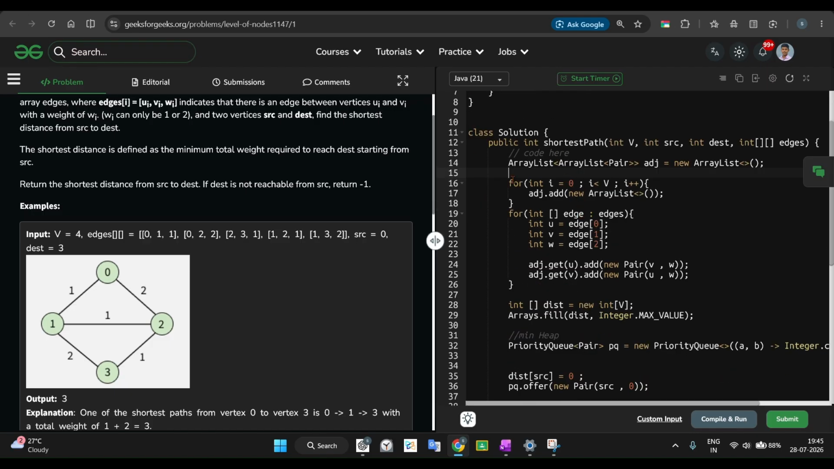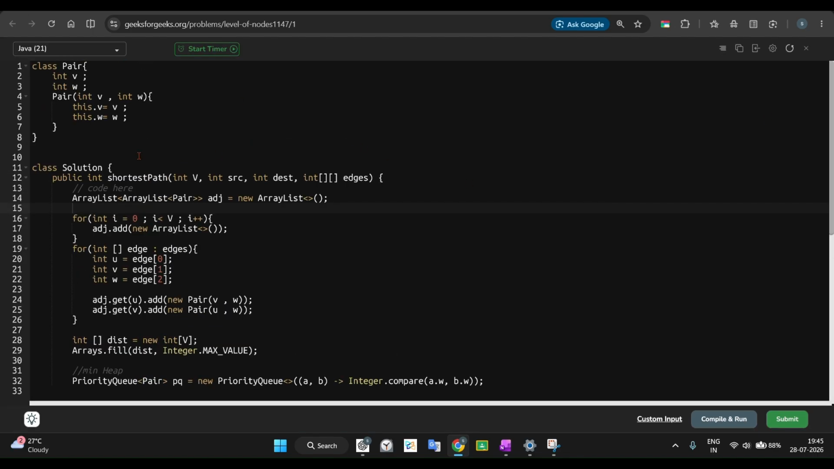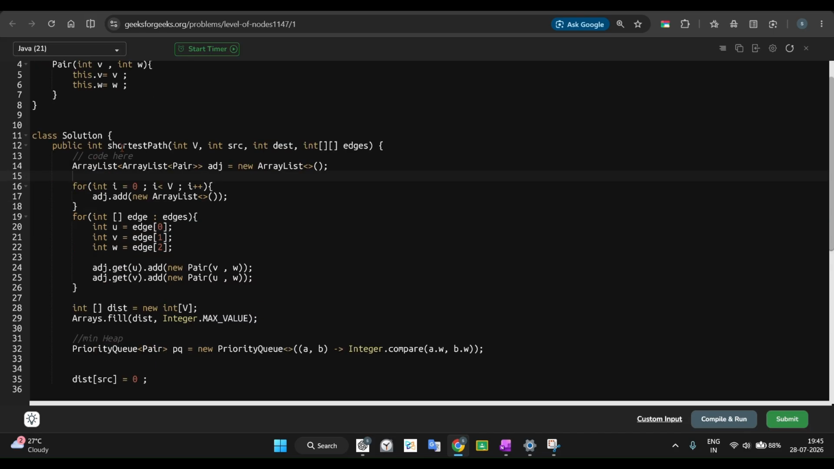You are given the function shortestPath, so let me maximize this. We have the function shortestPath in which we are given the number of vertices, the source and destination, and the edges. So what exactly are we doing over there? First of all,